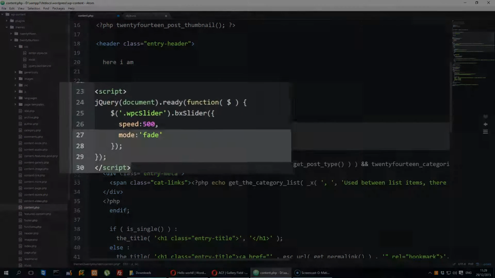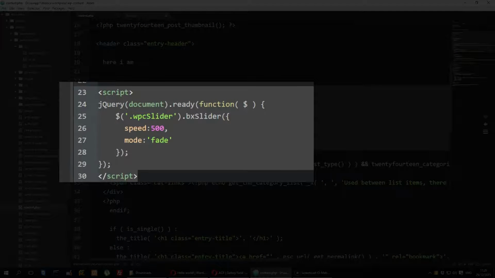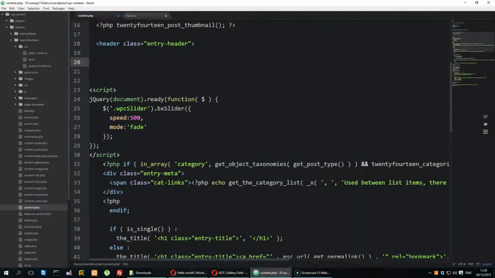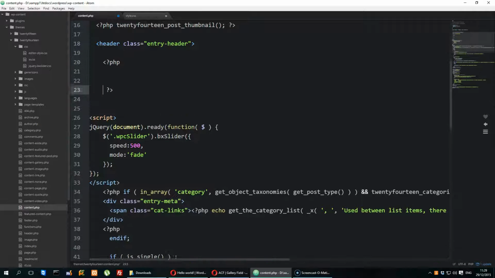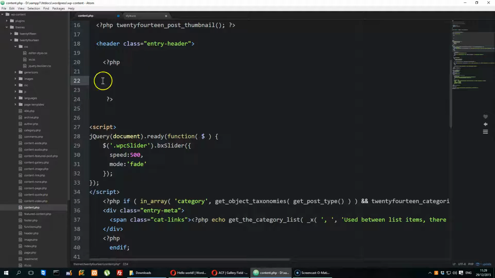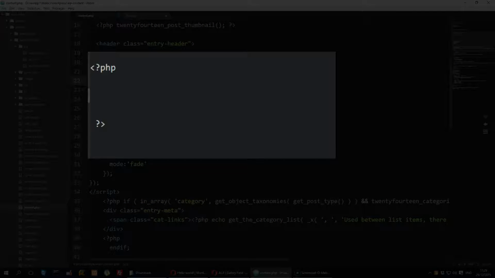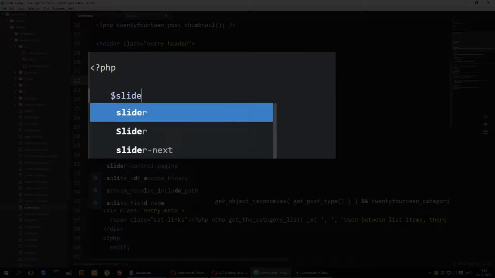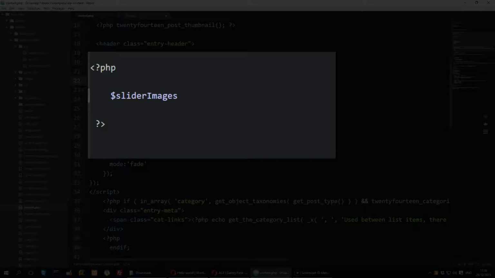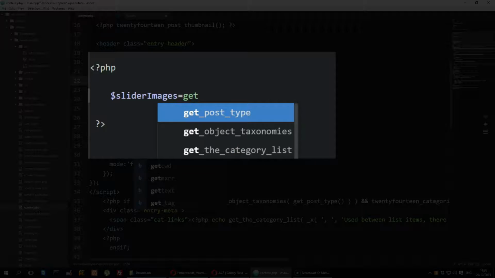We also have this JavaScript for the slider that I did in the previous tutorial, which we are going to use. So let's get into the PHP code now. Let's open a PHP tag and fix this so it will be right here and this will be right here. Let's get started. The first thing I'm going to need is the gallery variable, and I'm going to show you what I mean. Let's create a variable and I will call it slider images, and it will be equal to get field